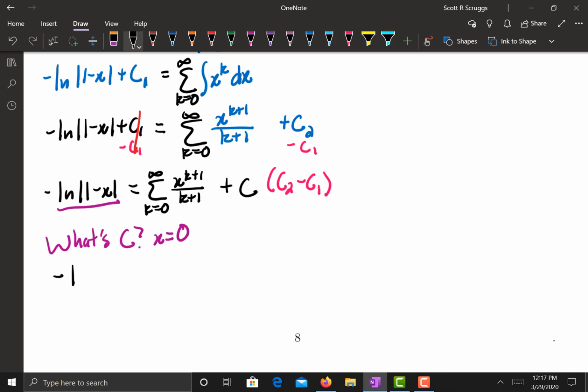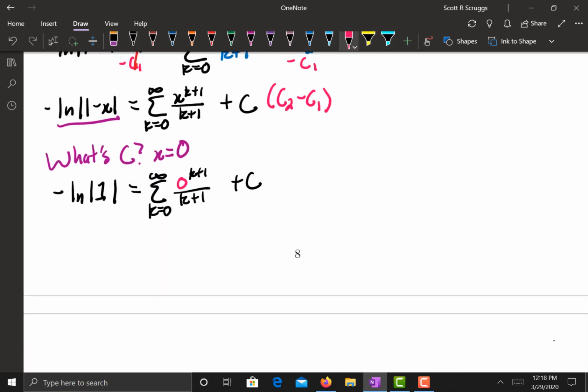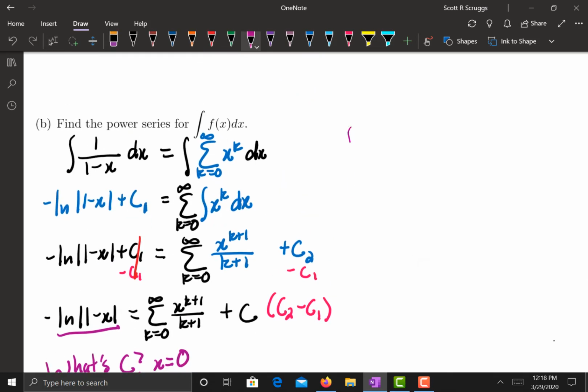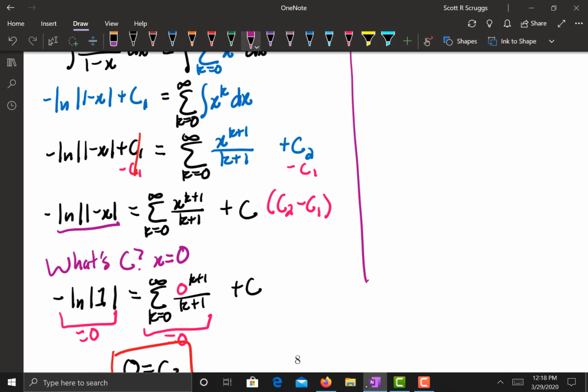If I do that, I get natural log of 1 equals the sum from k equals 0 to infinity of 0 to the k plus 1 power divided by k plus 1, plus c. And I know that natural log of 1 equals 0, and I know that the sum equals 0. And so now I have that 0 equals c. So that means now what I currently have, now let's draw a line to separate our work. I now have